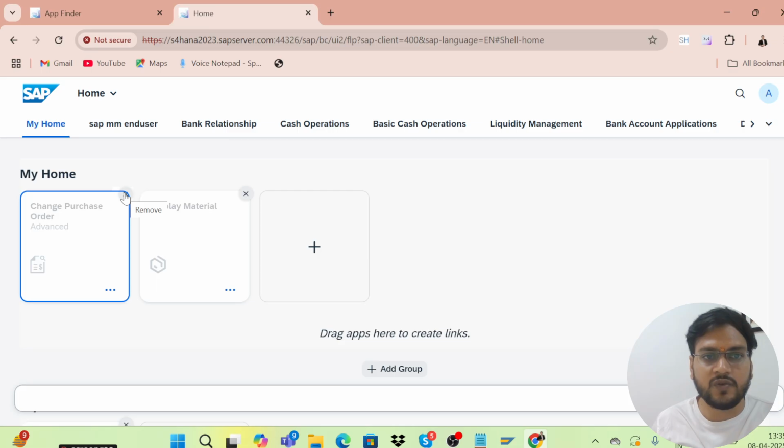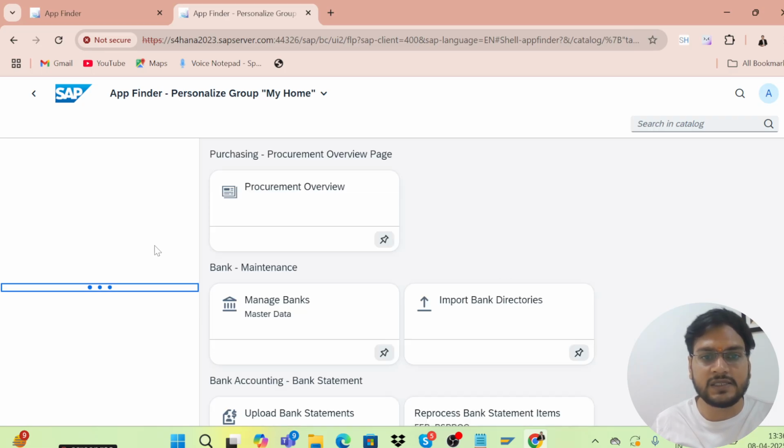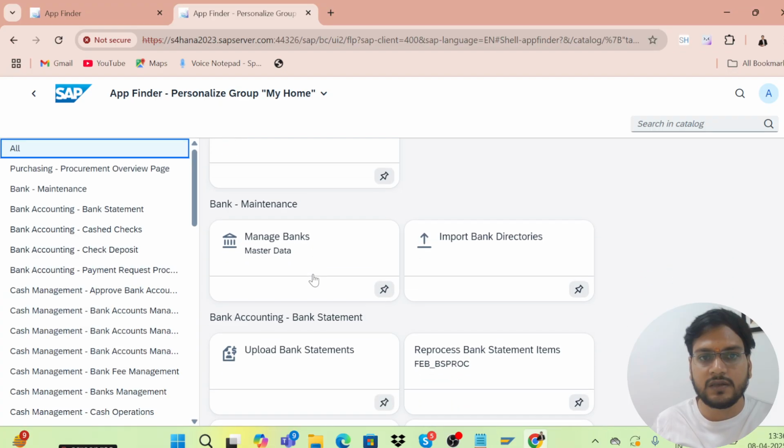If we just want to remove that from the home page, we can remove. If we want to add some other tiles or apps to our home page, we can add. So let me add some other tiles to my home page.